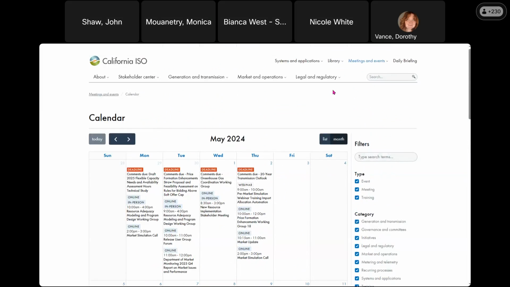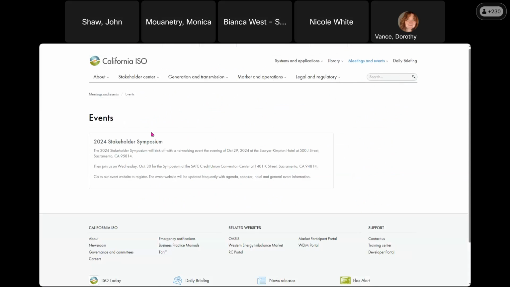And now the next thing I wanted to talk about is the events. So we just went over the calendar, and now we're going to go over events. And events are going to be those big events that are happening. So for example, this one here is the Stakeholder Symposium. So it has details about that event, how you register, where it's at, and all of that information will be located in events. Whereas meetings will have its own section, and you'll be able to, again, go to meetings and